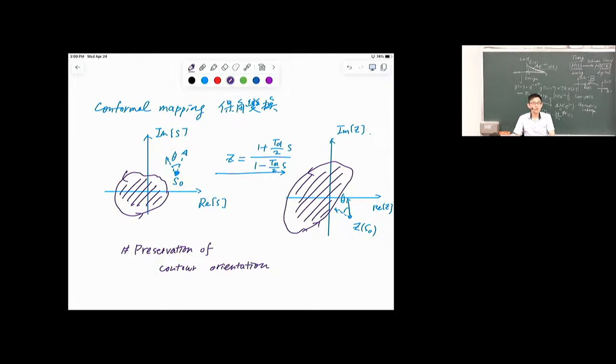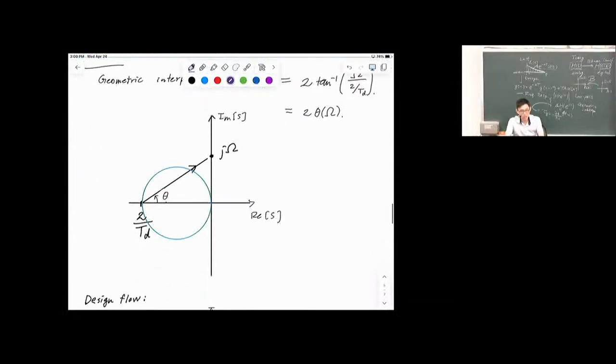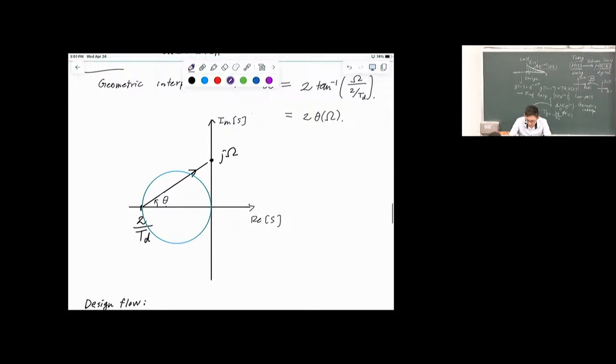So why is this important to our life? This is important because it means that when we perform this design by linear transformation, it maps the left-hand side of the S-plane to the inside of the unit circle. What do we mean? So imagine that we are going along